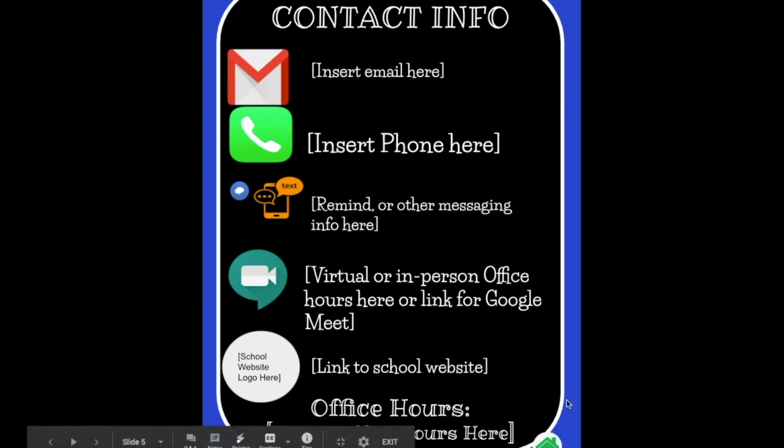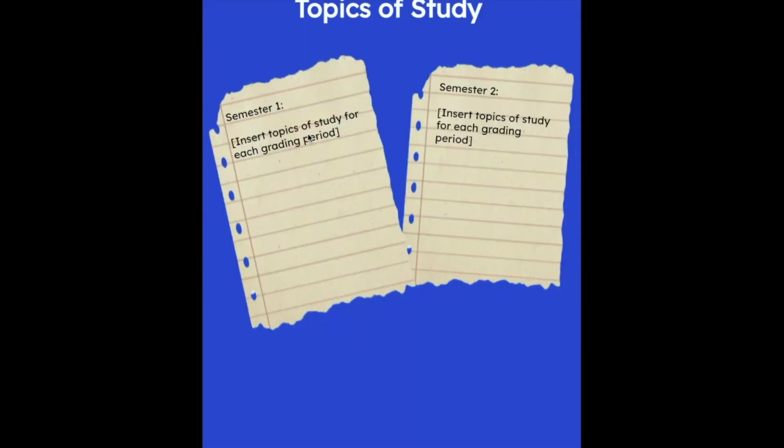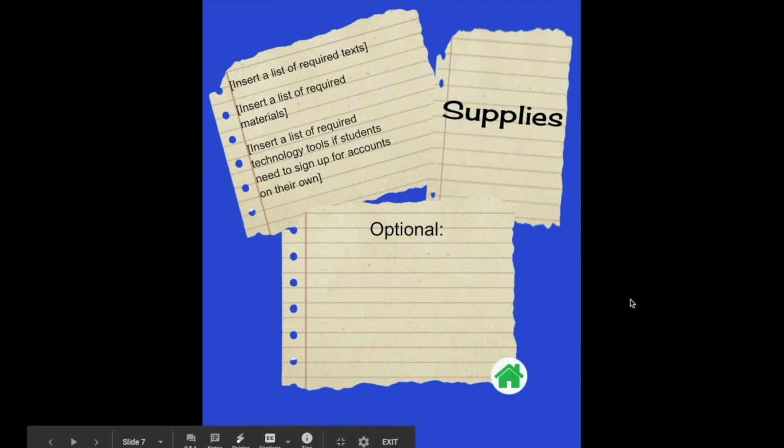Now I have included on this template a home button, and basically what that home button does is take students back to the table of contents, and then they can go to whatever link that they would need to go to from that page. So next we have topics of study. This could just be what you are going to be studying throughout your course. It would be a good idea to put the topics that you are going to cover based on the structure of your year. Next is supplies,